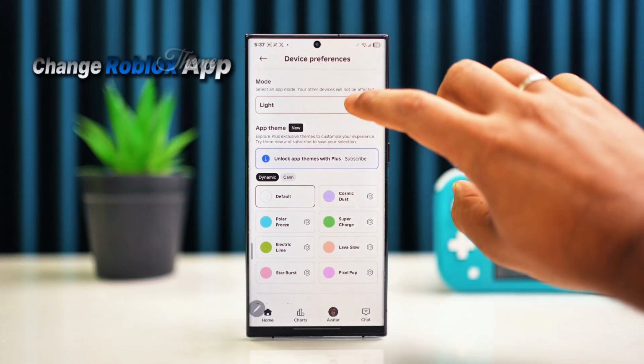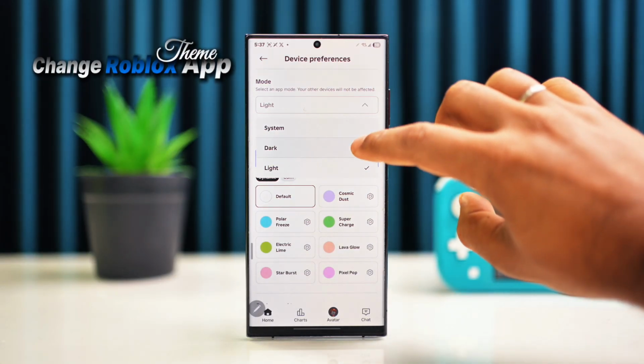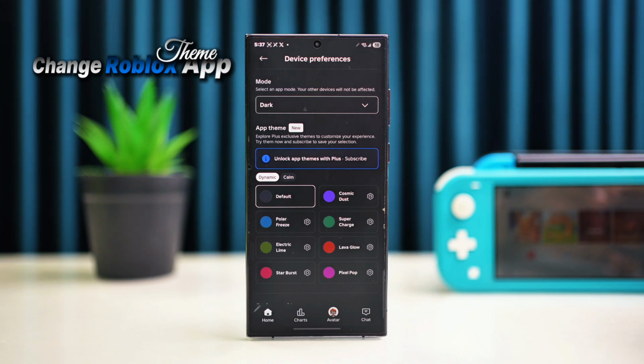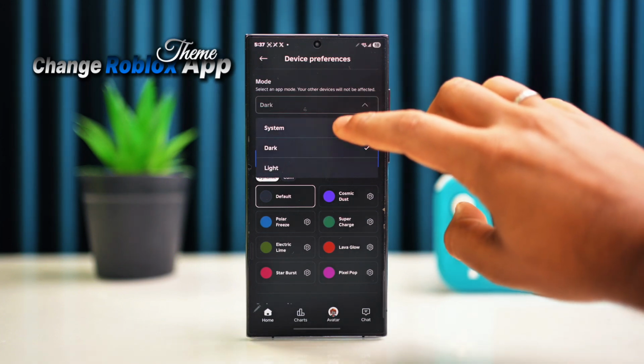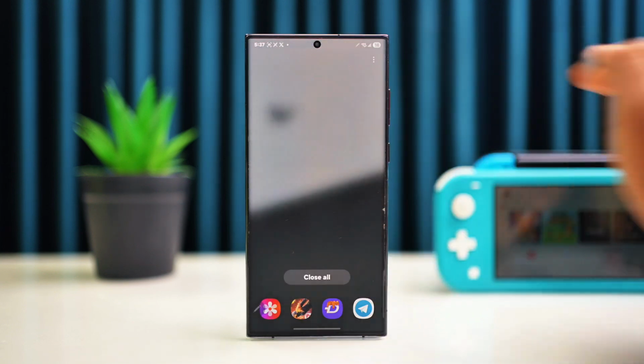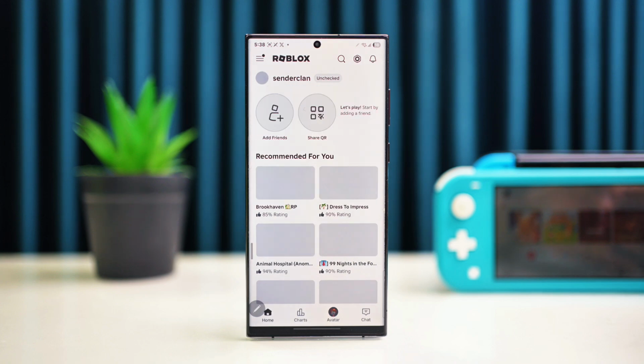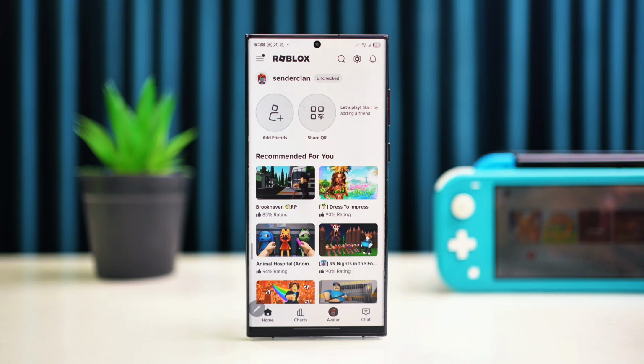Want to change the Roblox app theme on Android? In this video, I'll show you how to switch between dark and light mode step by step. Let's get started. First, open the Roblox app on your Android phone and tap the three-line bar icon at the